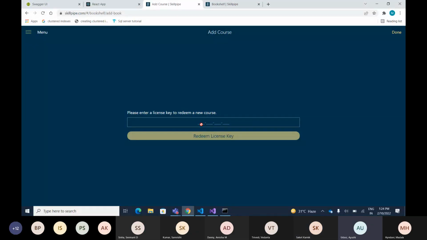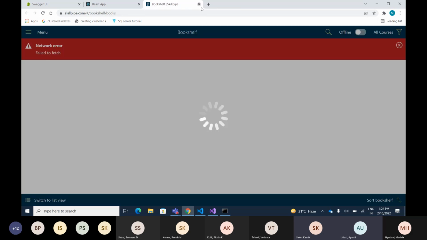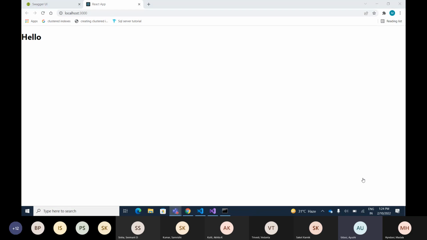Sir, actually, I'm not able to enter anything here. Just click refresh. Still the same. Go to some other browser. Maybe Edge you can try. Copy that link from top. There is some error, it shows network error.